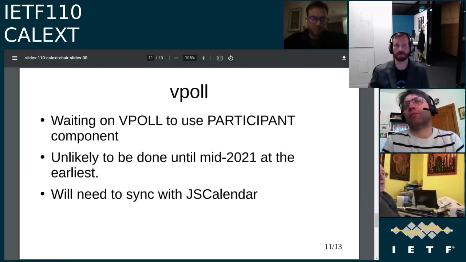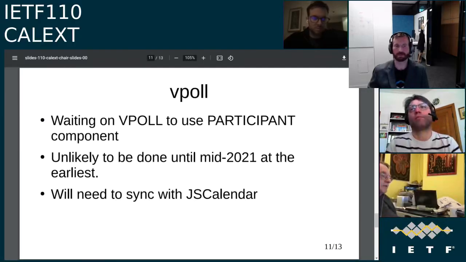VPOLL uses standard iTIP to send something. Well, it uses iTIP with some extensions in that it has some new methods because you want to indicate that it's a response, a new vote coming in or something of that kind. So there are a few new methods, but it's basically standard iTIP. So yeah, anything there will affect it to some extent.